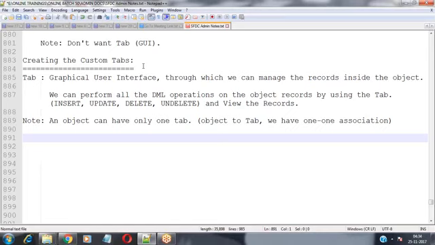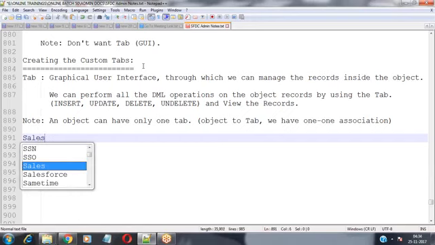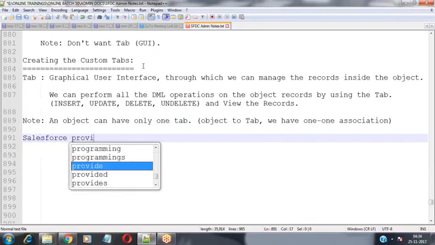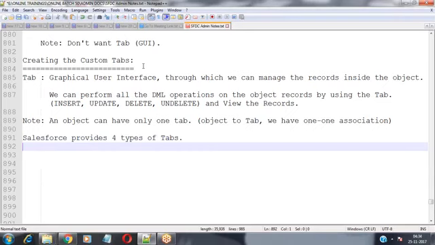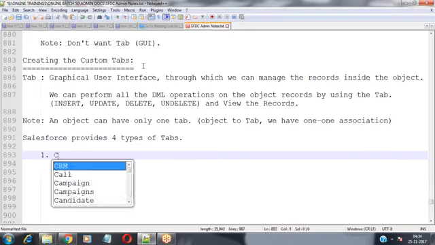Now, Salesforce provides 4 types of tabs to you by default. What are those 4 types?